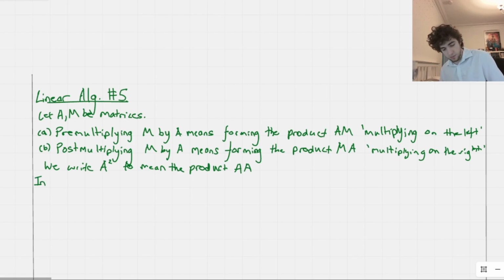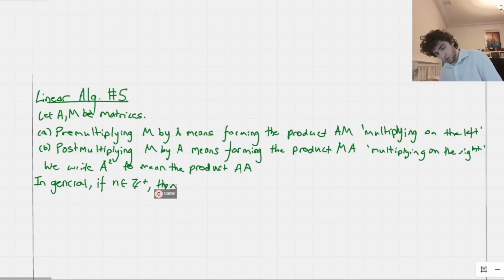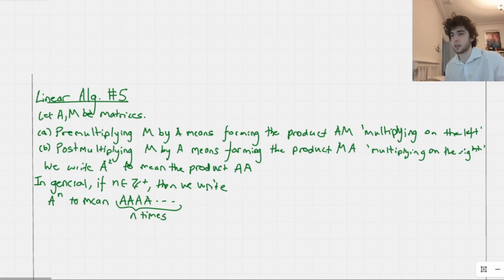In general, and it'll be useful to have this definition. So in general, if n is a positive integer, then we write a matrix A to the power of n to mean effectively A multiplied by itself n times, okay? So effectively the same as what it means to raise a number to the power of,